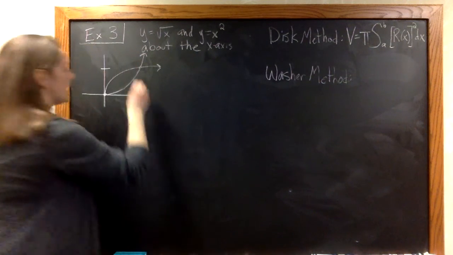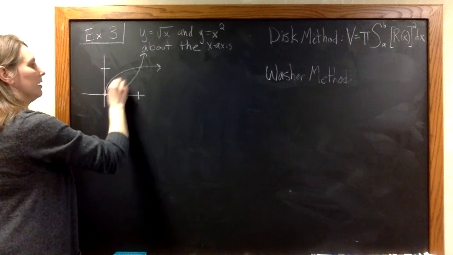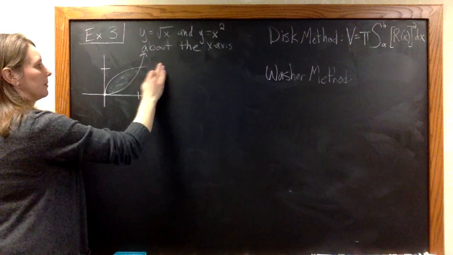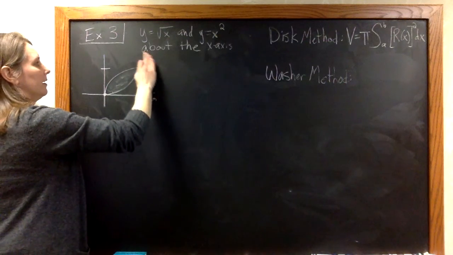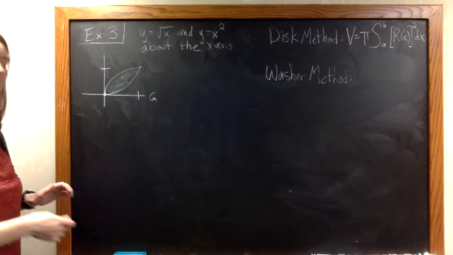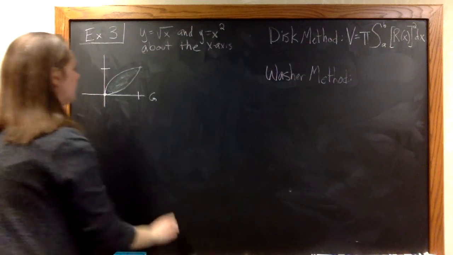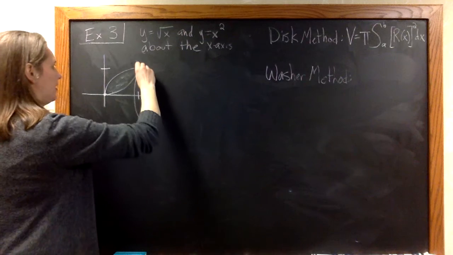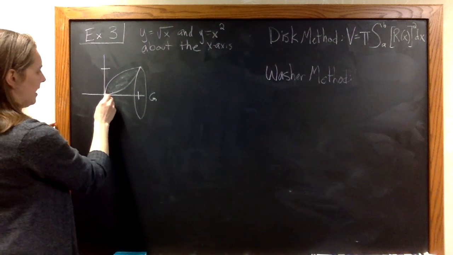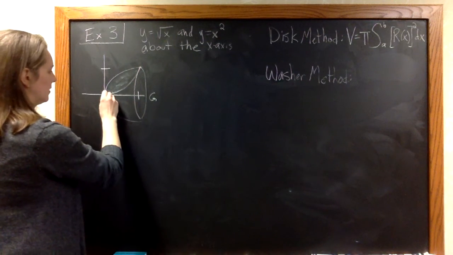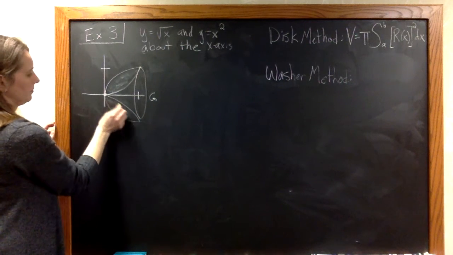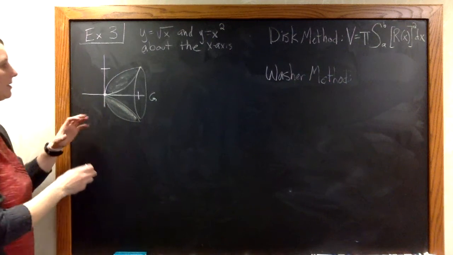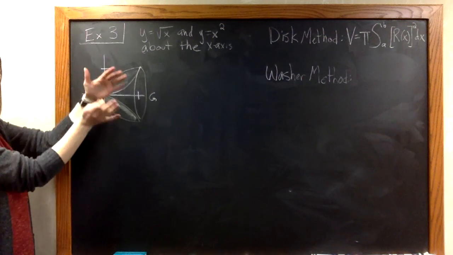All right, so we want to take this region and revolve it around the x-axis. So let me get rid of those so we can see what's going on, okay? So we're going to revolve that around the axis. Imagine spinning that. It helps if you kind of draw it down here too. Okay. And so you get this shape,